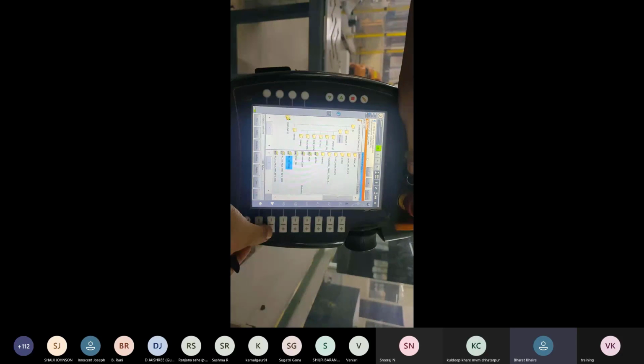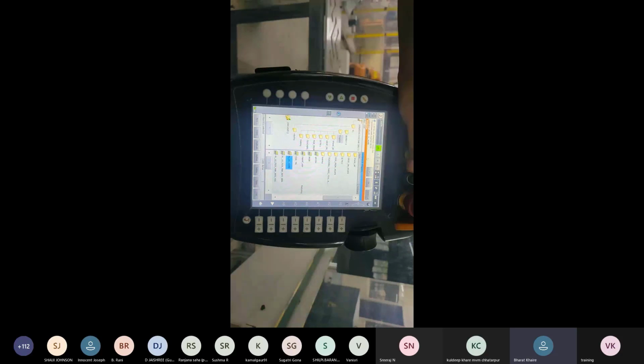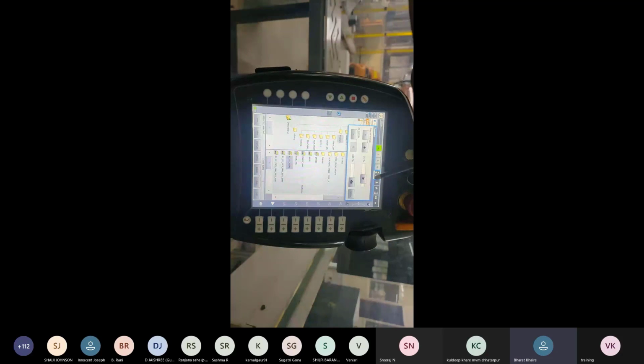If we press this button, it goes directly from 100% to 75%. So if we want to play the program at 80%, we cannot get 80% by the key, but a dragging key is also given, a touch dragging key.